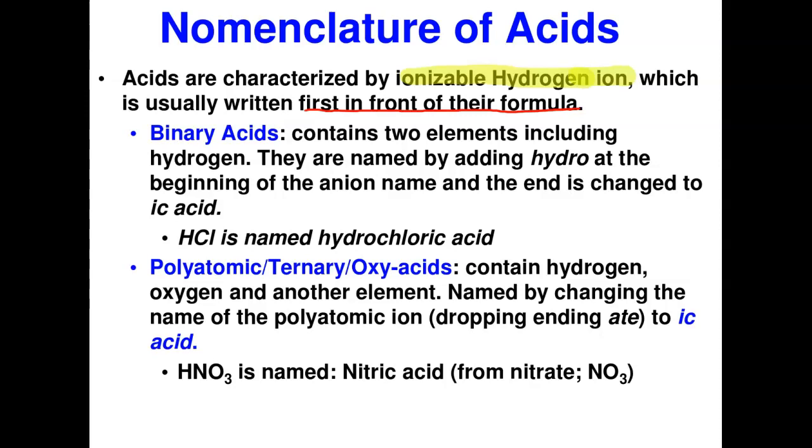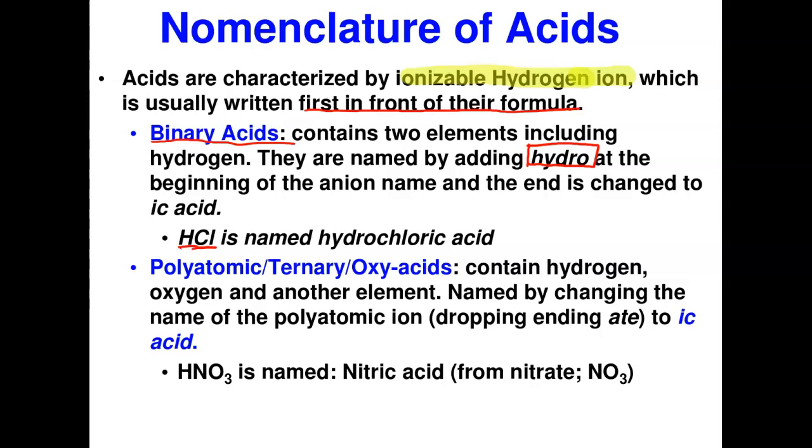So there are 2 types of them. The binary ones, again, the same name keeps coming up. Binary means they contain 2 elements. So they contain a hydrogen and another element. There must be a hydrogen first because that's the constant thing about every acid. And then they have a hydrogen and another element. A good example here is HCl. There's a hydrogen and another element. How do we name it? You have to add hydro, representing the hydrogen I have here at the beginning of the name. And then